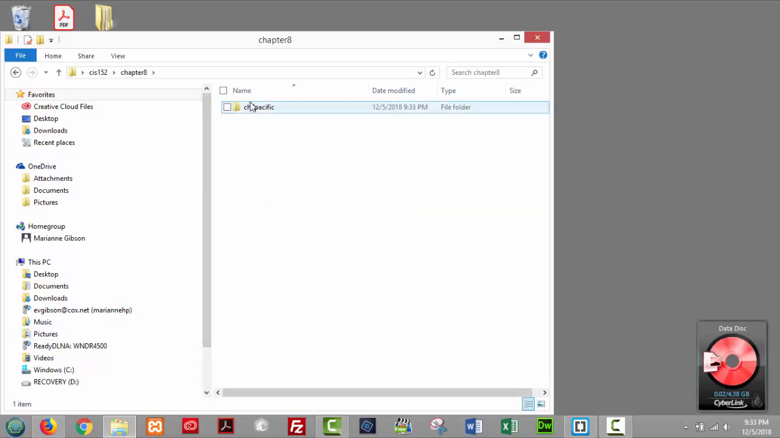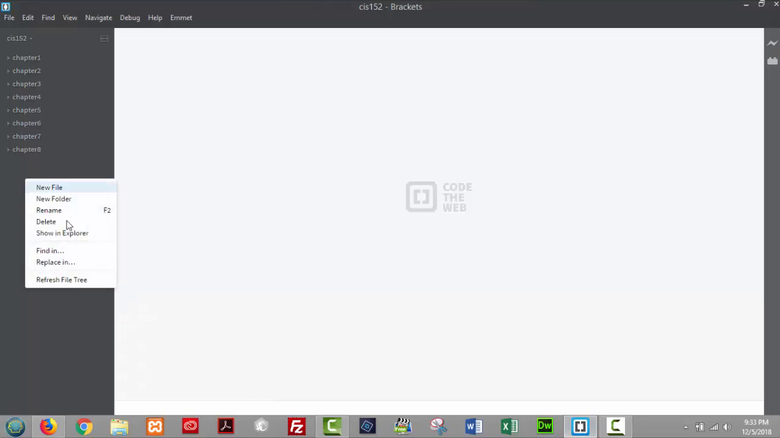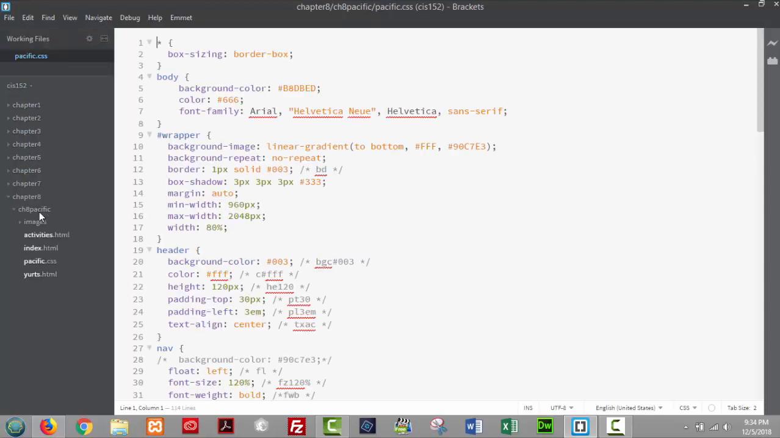I'm going to open this folder and rename this to CH8 Pacific and select Enter. And I'm going to close this, go back to Brackets, right-click, and refresh my file tree. I'm going to open my Chapter 8 folder and my Chapter 8 Pacific. I'm going to begin with my Pacific CSS file, and I'm going to double-click and open that file. Let's begin by updating the Pacific CSS file to include media queries and styles needed for appropriate desktop, tablet,